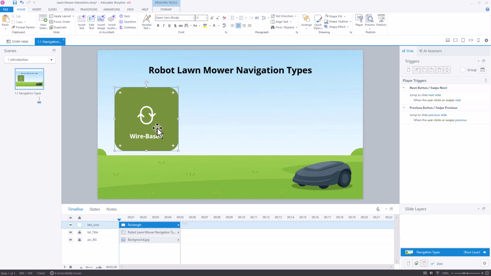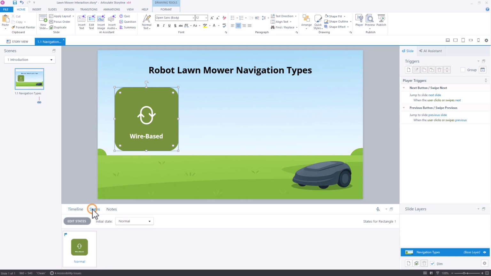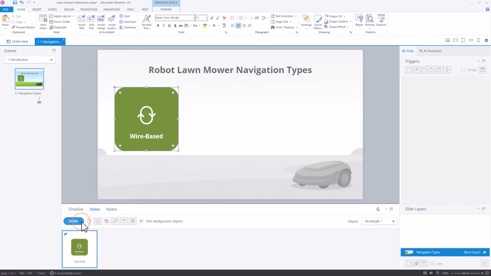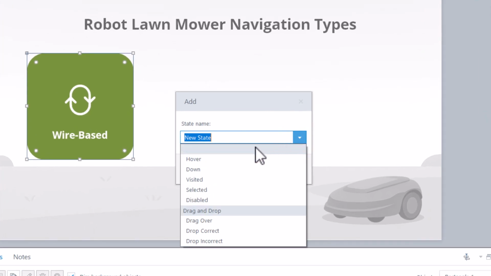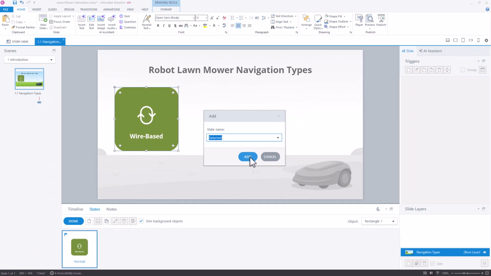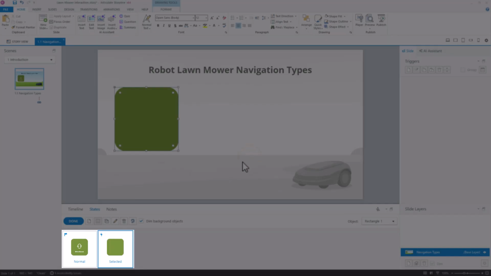Let's select our button, click on states, and then click on edit states, and then add a new state. And here you can see that we have built-in states like hover and selected, and they are automatically triggered. No extra triggers needed. So I'm going to add a selected state, click on add,